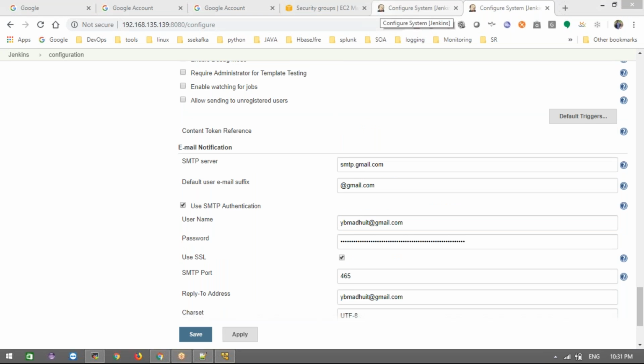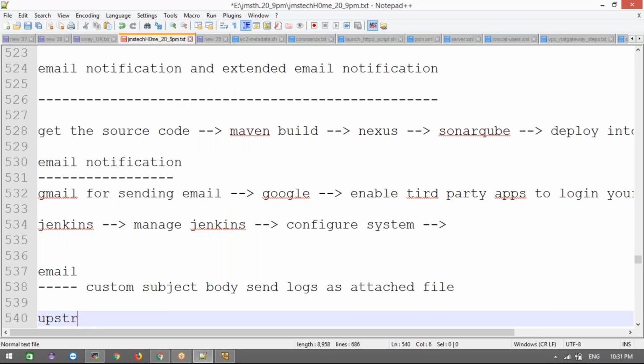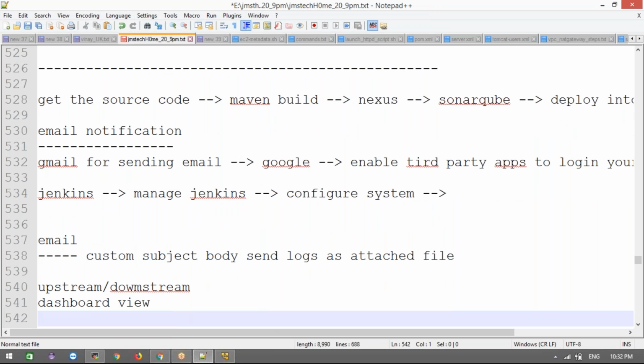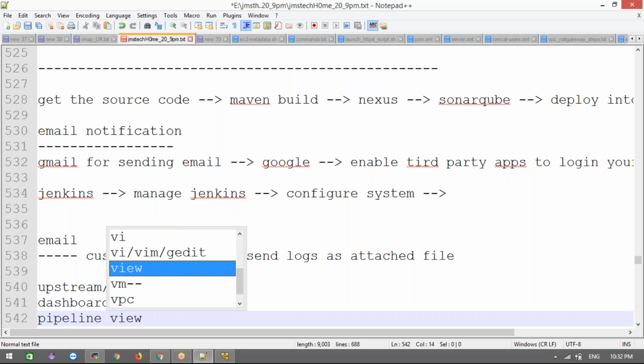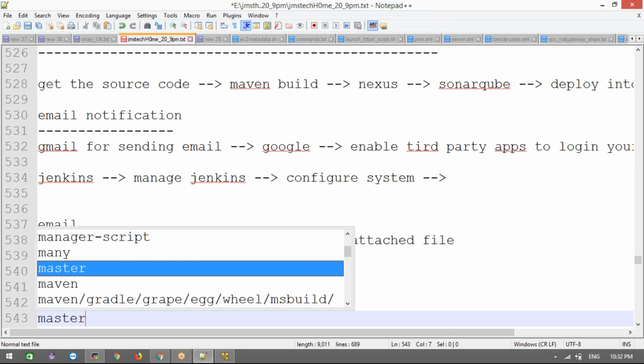Tomorrow are very important topics, so don't miss it. We are going to discuss a lot of topics tomorrow: upstream, downstream, dashboard view, pipeline view, and master slave architecture.